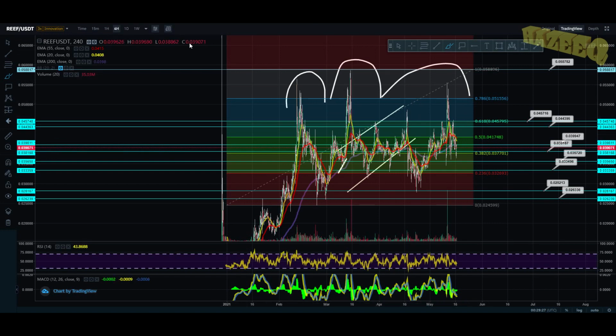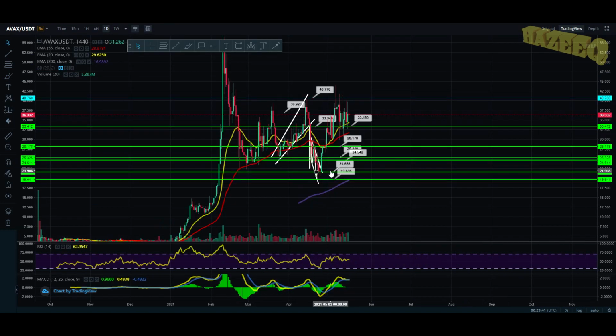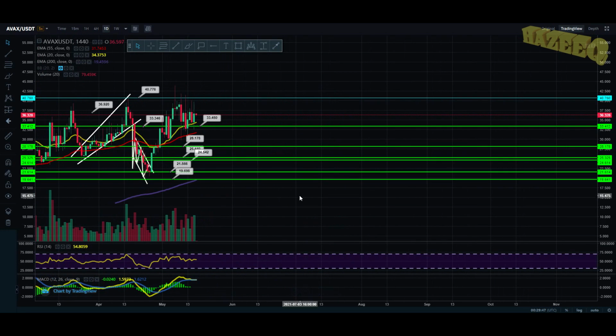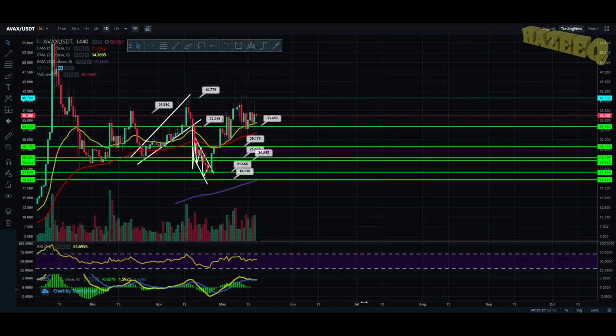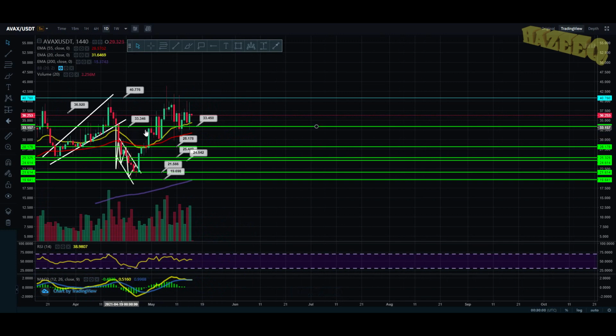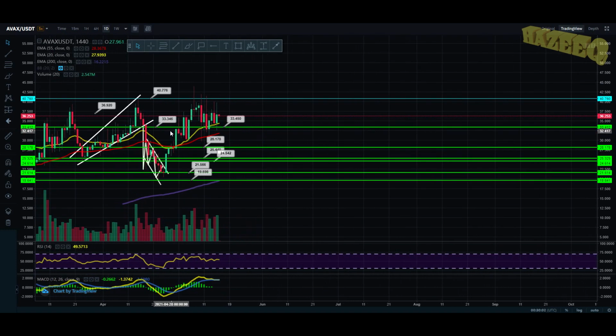Rambling on, guys. Let's jump into Avax. Now Avax on the daily, guys, a bit boring, a bit flat, but in the last video I did give you these couple of targets over here, and I did give you some support zones that you can buy in. But essentially what happened is we were in this falling wedge pattern, and we started breaking out of it, and we got to our target, which was